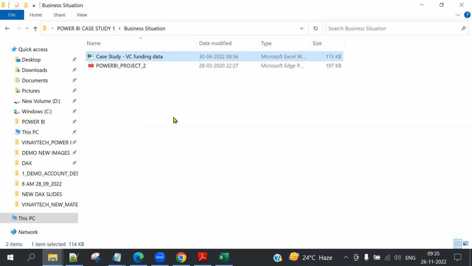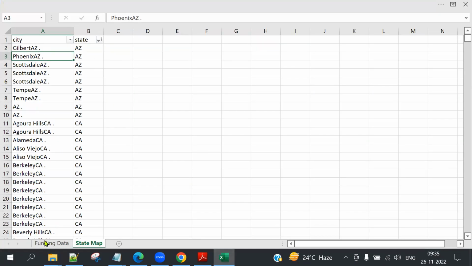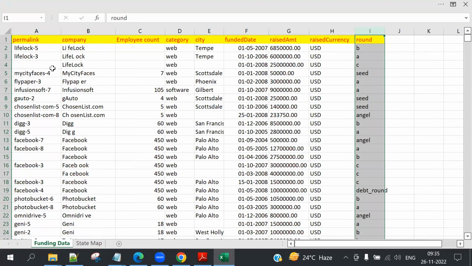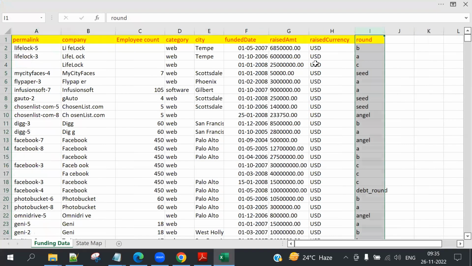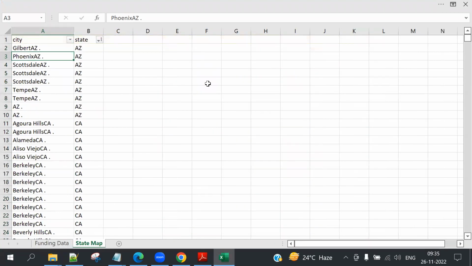First, we'll go to the Excel sheet. This is the Excel sheet: funding data sheet and state map sheet. The funding data worksheet looks like this, and the state map like this.